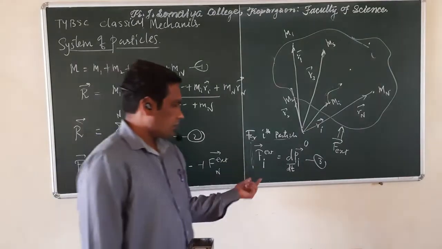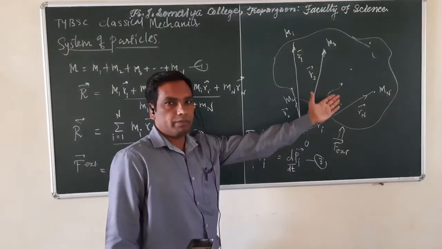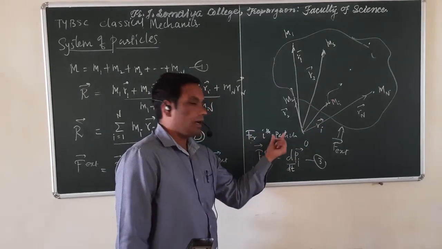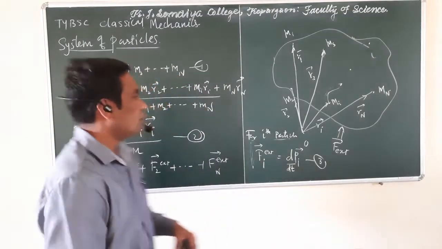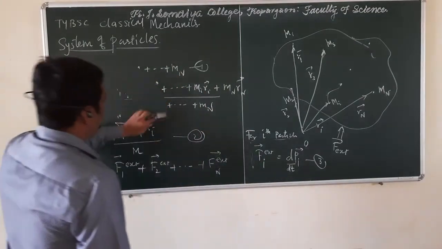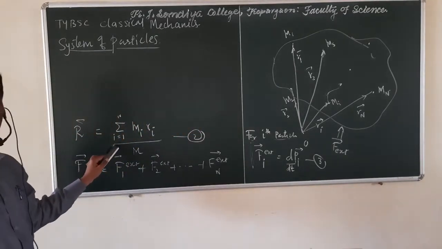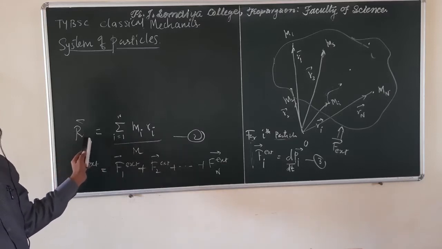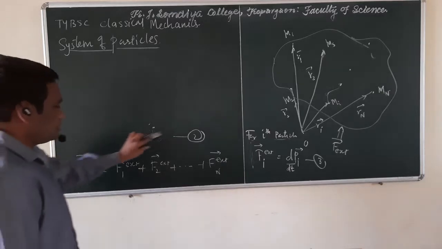So, in case of a system of particles, we have a very large number of particles, and here we say that the force on the ith particle can be written as... Recall this equation or write it down in your book. We are going to use that equation in the next subsequent lectures.